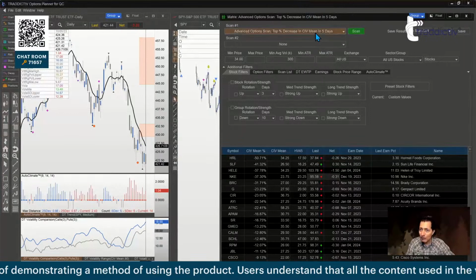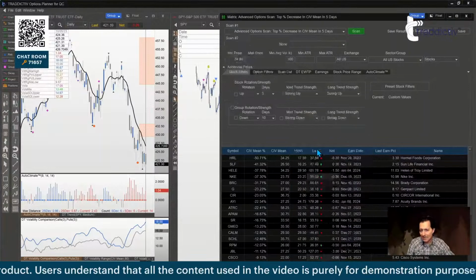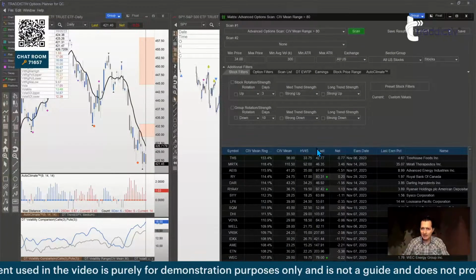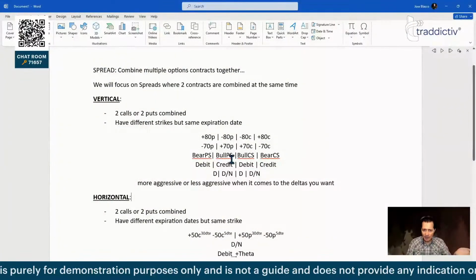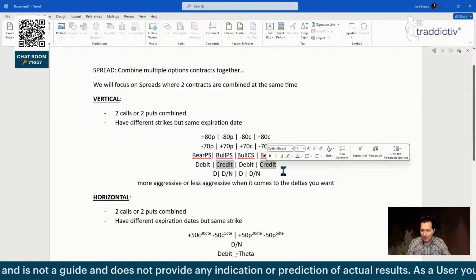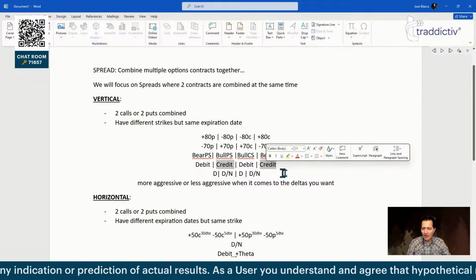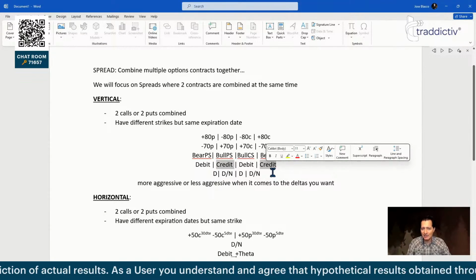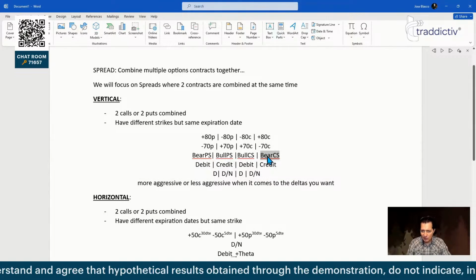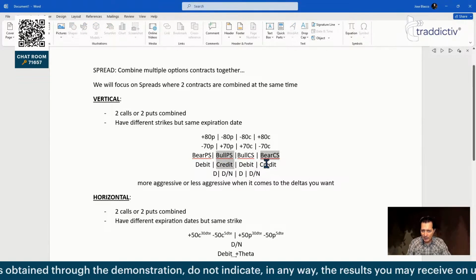Let's say you are looking for expensive. So I'm going to go for CIV mean greater than 80. Now, what else? Well, I know because I'm looking for expensive, I'm looking for credit. Great. But what type of direction I need to define now, because this may be bearish or this may be bullish. So I got a credit bullish and I got a credit bearish.